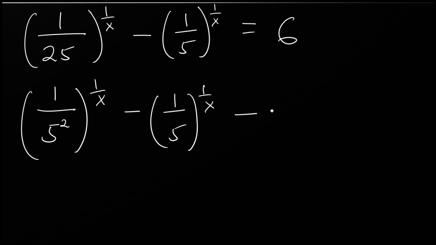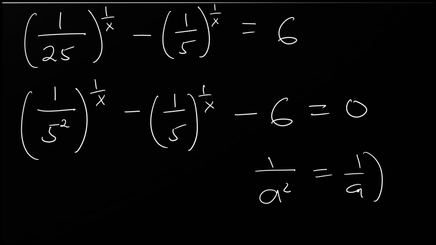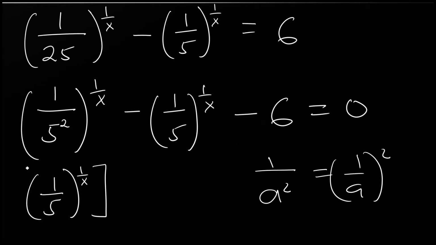So let's bring the 6 in. Minus 6 equal to 0. Now when we have 1 on a squared, it is the same as 1 on a all squared. So we can bring the power out. So we have 1 on 5 raised to 1 on x, so let's take it out, squared, minus 1 on 5